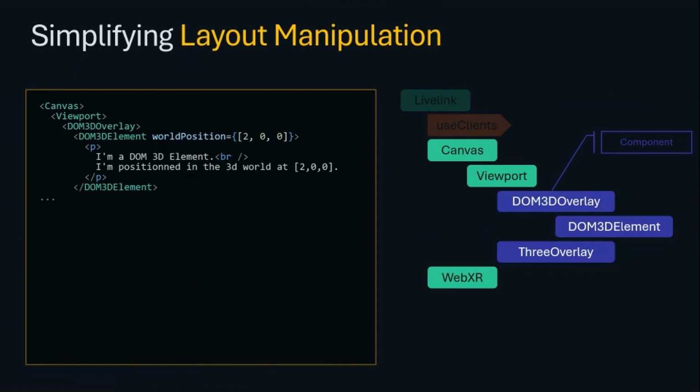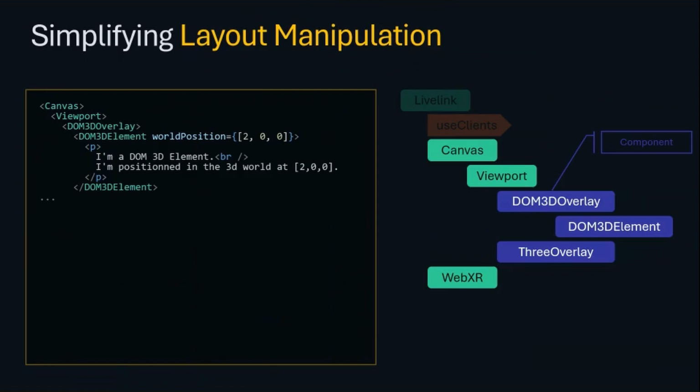So we created 2 components to act as an overlay. Basically what they do is create a div, position it on top of the canvas, or the viewport more precisely, and allow you to add more elements to your 3D scene,